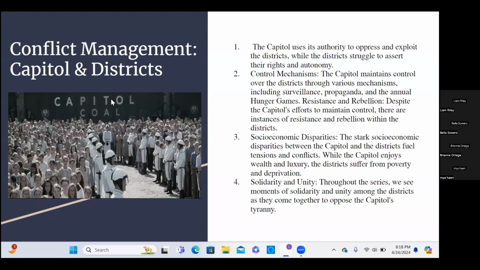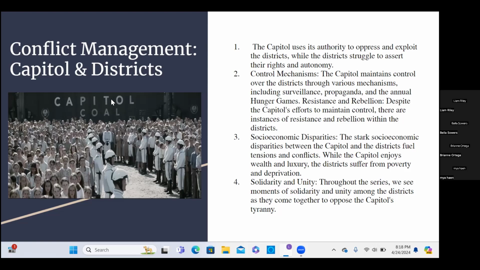Yeah, thanks, Bella. And so we start here and we look at the Capitol and the districts and how conflict management plays a role, specifically to those two. The Capitol uses its authority to oppress and exploit the districts through its wealth and its power, while the districts struggle to assert their rights and autonomy. At least 10 out of the 12 districts are poor, if not borderline poor. And so the conflict management here is the Capitol is basically trying to keep everyone in line by making them the highest power